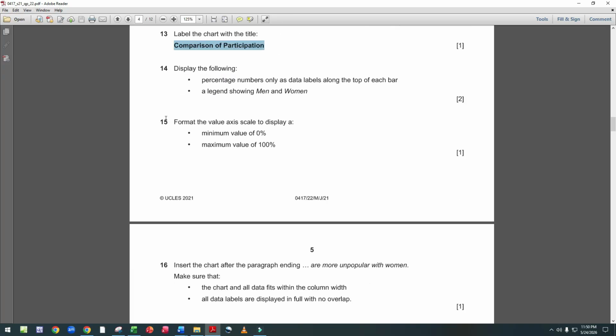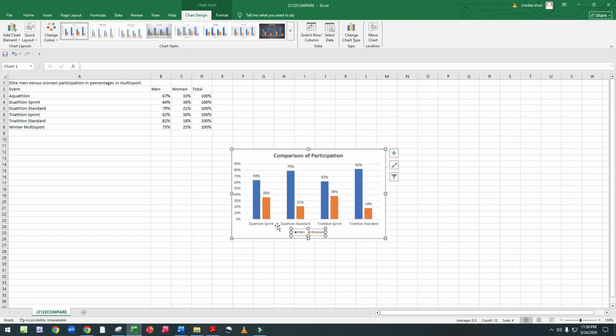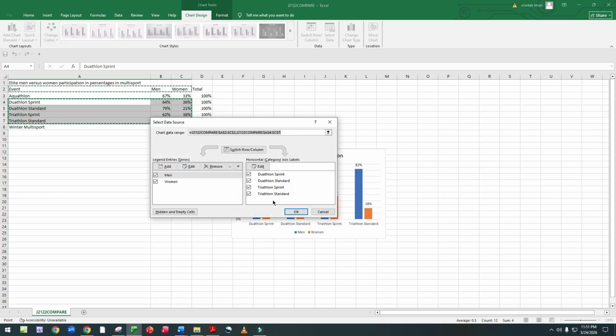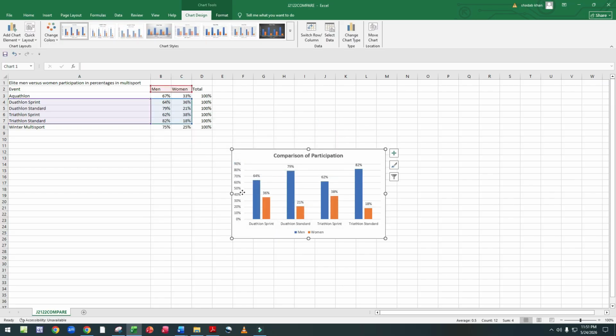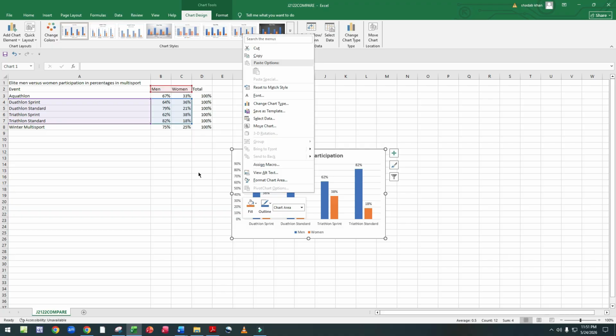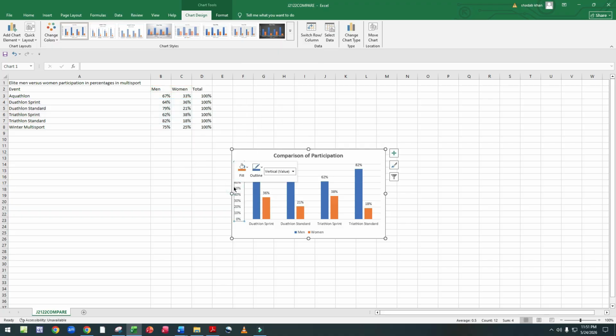Now come to step 15. Format the value axis scale to display a minimum value of 0% and a maximum value of 100%. Select this, right click, format axis.